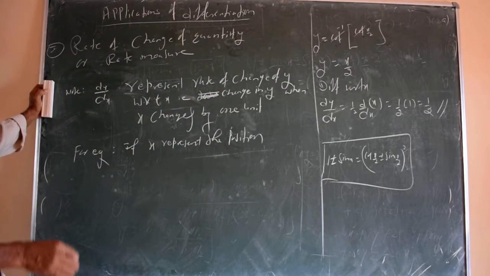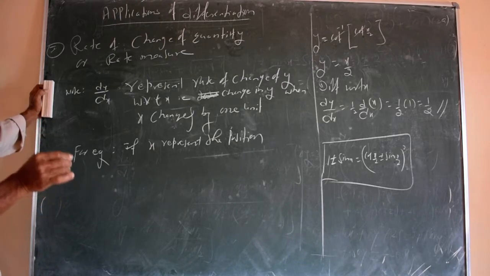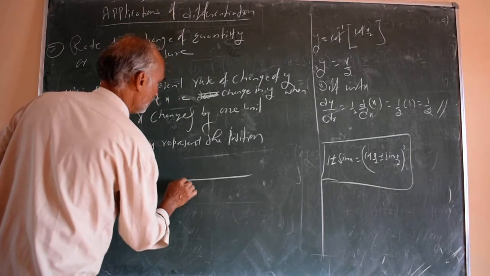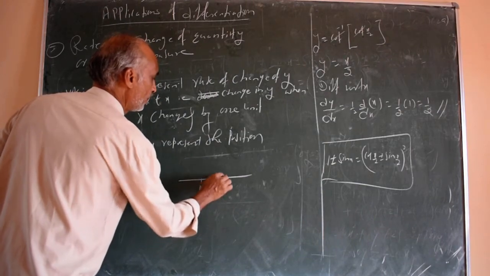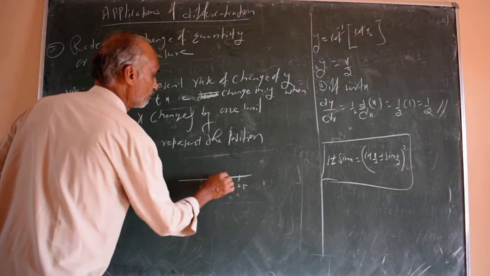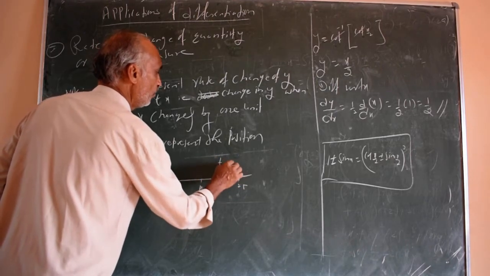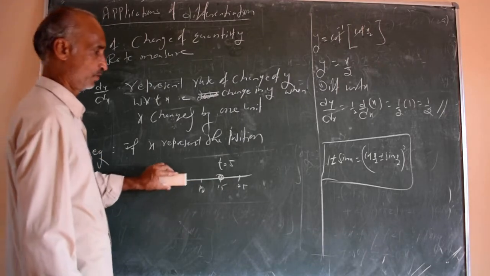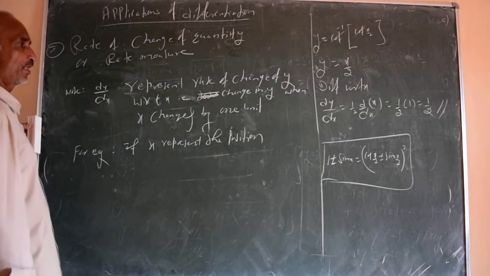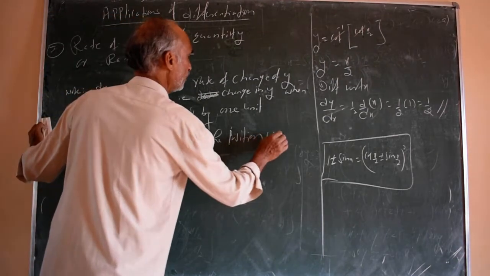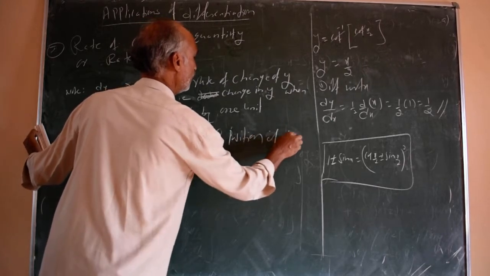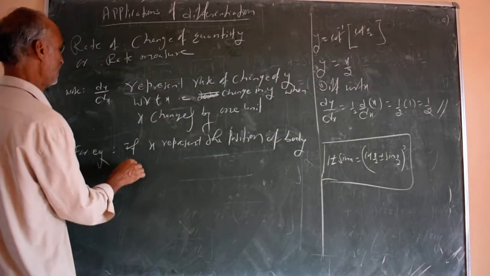After time t, the body's position is at the 10 meter mark, 15 meter mark, or 20 meter mark. Suppose the body is moving along a straight line, so it is the 10 meter mark, 15 meter mark, 25 meter mark. When t is equal to 5 seconds, after 5 seconds the position x is 15 meters. If x represents the position of the body at time t,